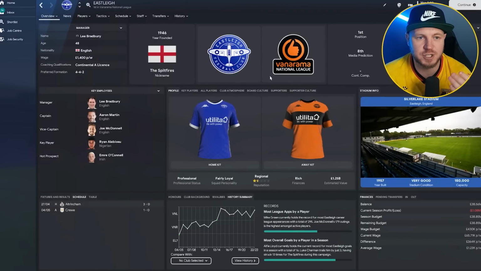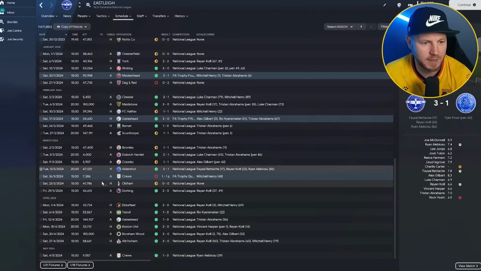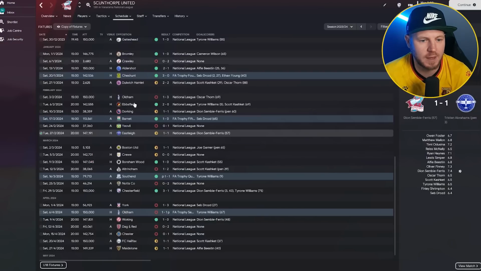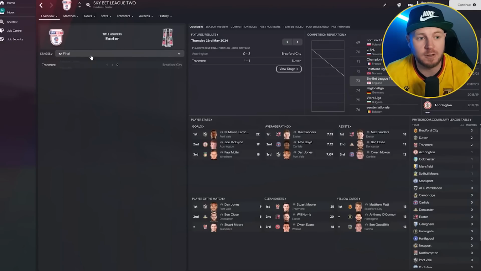Now, Eastleigh, who finished top of the division, what attendances are they pulling in for their home games? Around about 47,000 there. And every now and then there's just like one club who's managed to really hold on. So Scunthorpe there have done really well. They've managed to get like 150,000 quite often. So I don't understand why that's changed. I'm really puzzled. If anybody knows the format or why that happens,